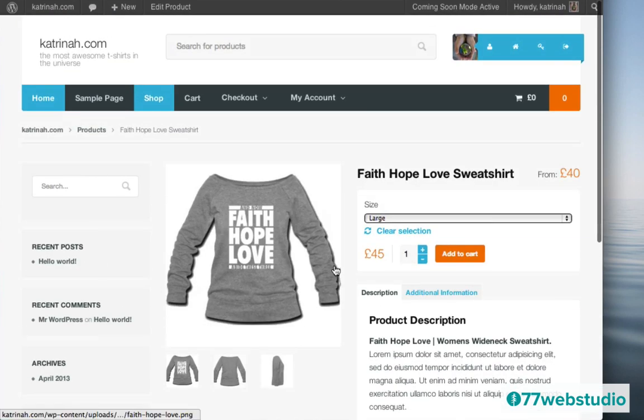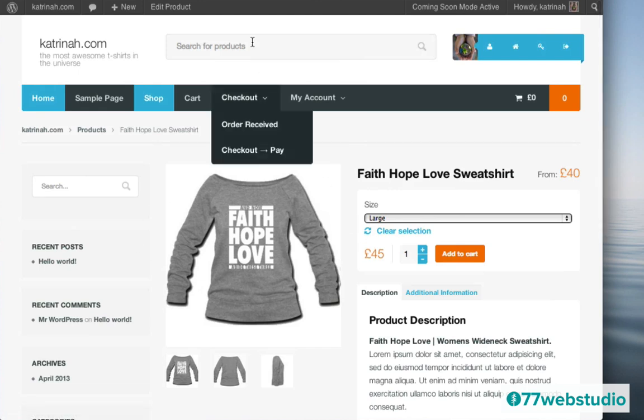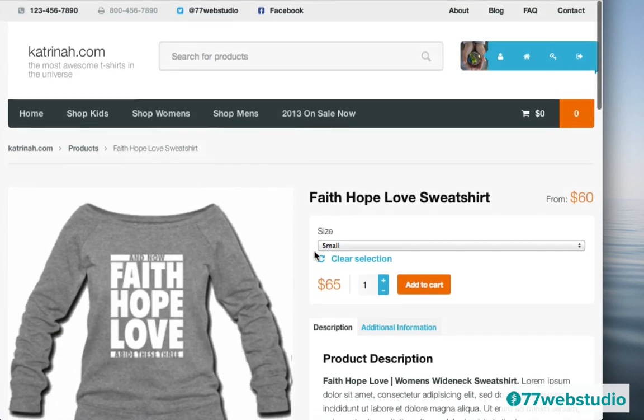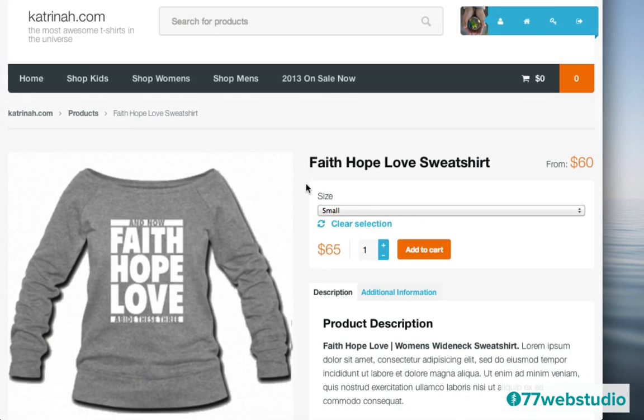So one thing just to point out, this is not exactly how I wanted the product page to be displayed. If we look at the demo site that I've already created, I really prefer this larger image on the left-hand side. I don't want a sidebar. So this is the website that I created already where we're headed toward.